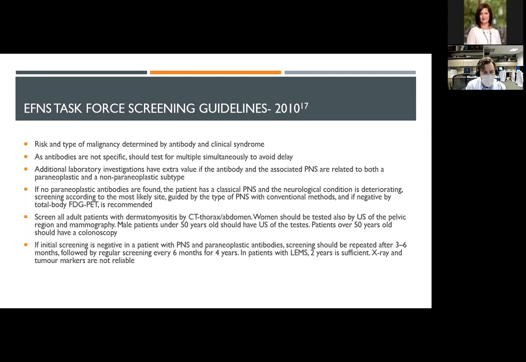It's probably not important to memorize all these guidelines, but if you find someone with a specific disorder and no known cancer, it's worth seeing what the screening guidelines are, because it's not uncommon for patients who do have a paraneoplastic disorder to have a delay in finding a cancer for up to 2 years. I don't know if it's the majority, I don't actually know the numbers offhand, but a very large number of patients actually have the paraneoplastic disorder first and not the cancer first.